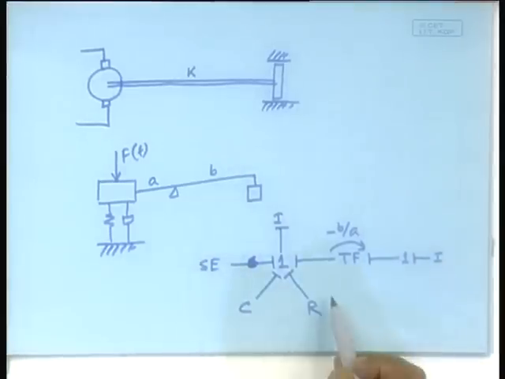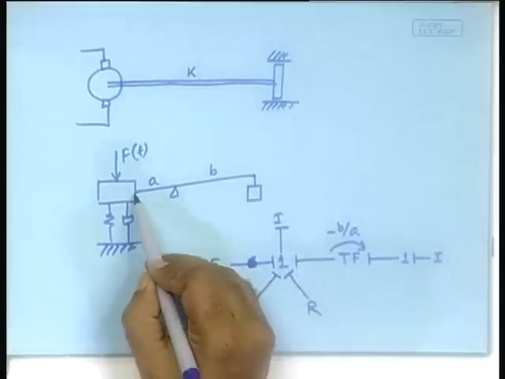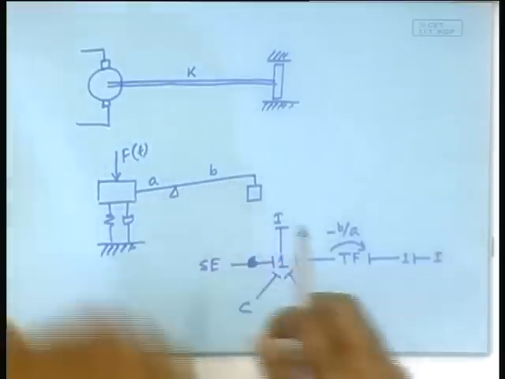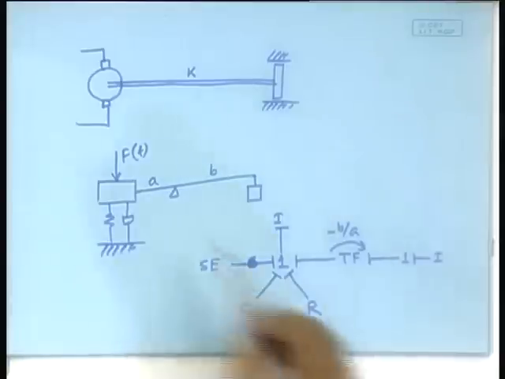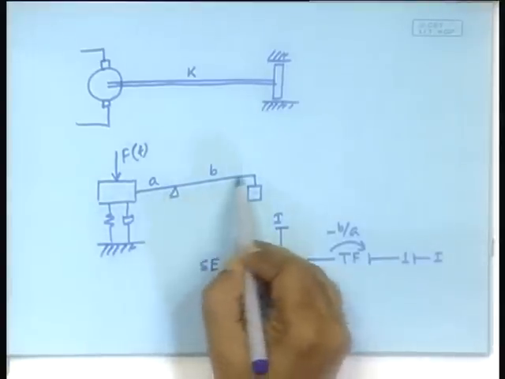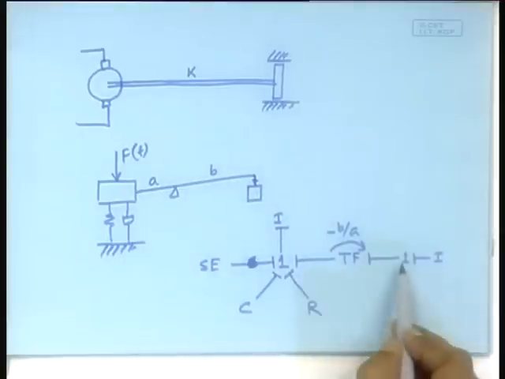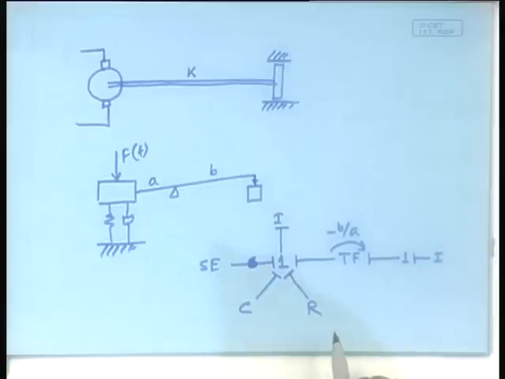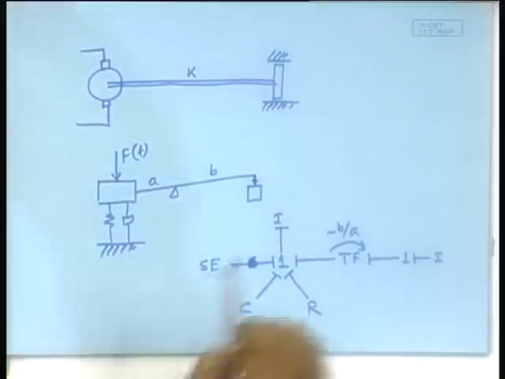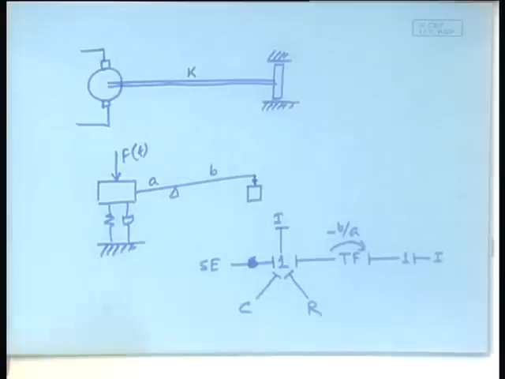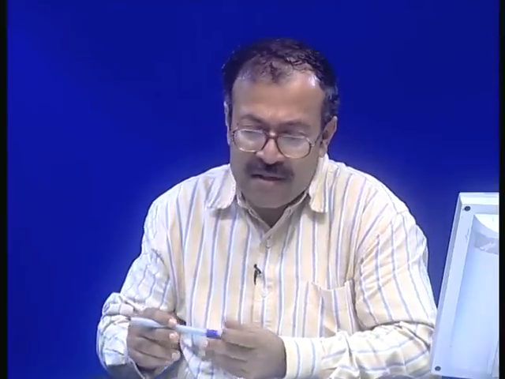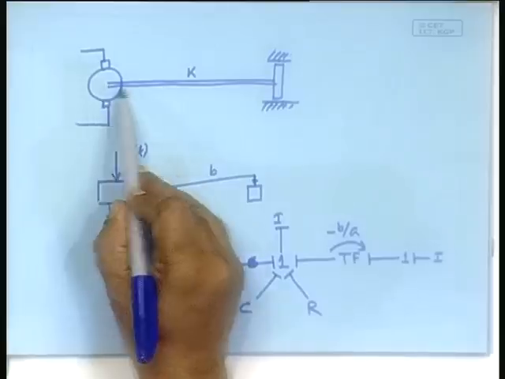So, that was the point. Now, how to overcome this? One way to overcome is to assume a bit of springiness in this long lever shaft. So, if you assume a bit of springiness, you will have to connect a bit of spring there, as a result of which here you will find that it becomes properly integrally causal. But this way of overcoming the problem has a practical difficulty. The practical difficulty is that you are after all assuming a very rigid shaft with a bit of springiness. That means, it is almost like a rigid shaft,